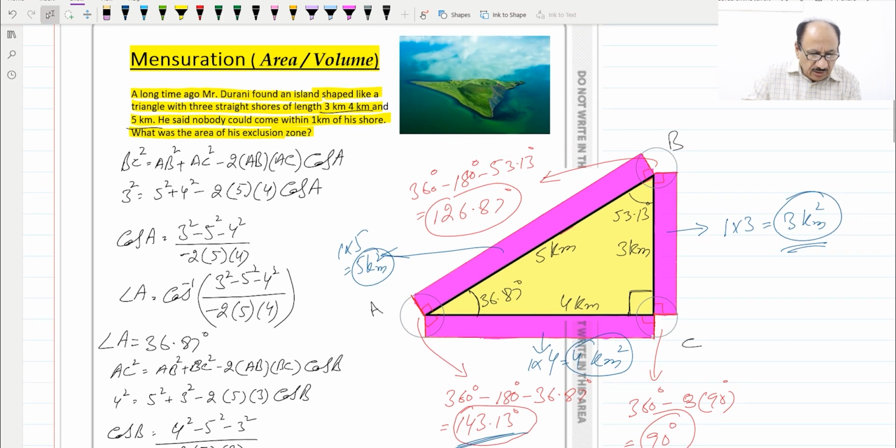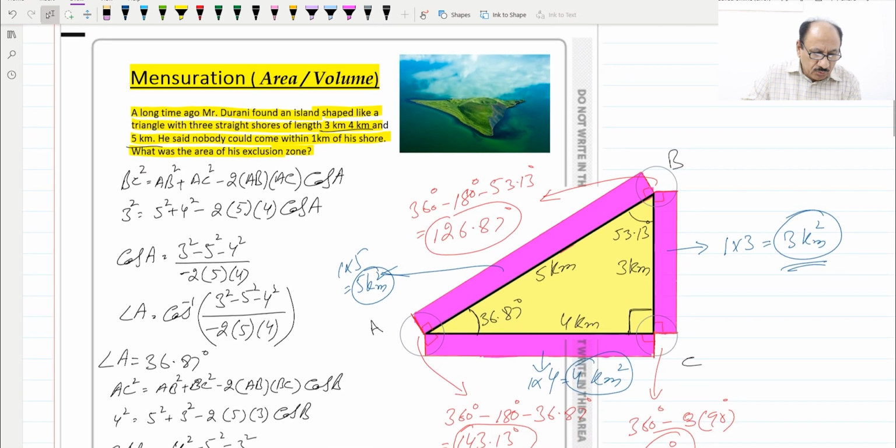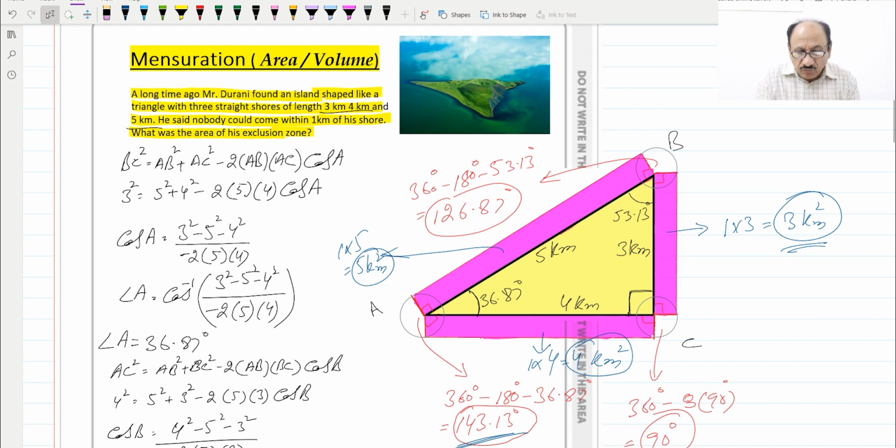I'll just quickly recap. Basically, first of all, you need to know the formulas for area of rectangle, area of sector, and sine rule, cosine rule. These things you should know, and then you can attempt this question. And understanding of the question is very important. You need to draw a rough drawing. I have drawn a neat colorful drawing for you so that you can understand better, and then label the drawing properly. And so we will be starting with the angles which we found, interior angles of the triangle. Then we found the angles of the